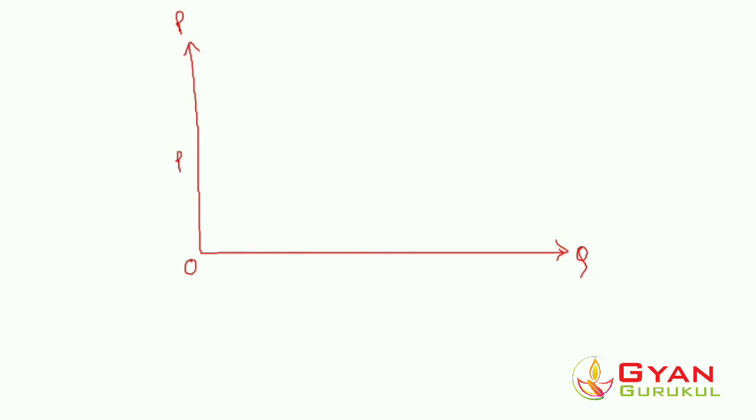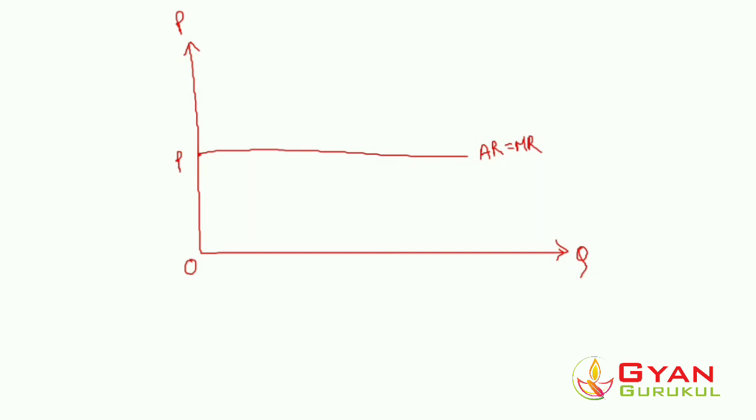So it looks like this. This is the y-axis, this is the x-axis. On the x-axis we are taking quantity, on the y-axis let's say price. We know price is constant in perfect competition, right? So let's say this is the price. Clear? So this should be a parallel line, and this price also denotes AR and MR, because all are the same. Price, MR, AR, all are constant under perfect competition.